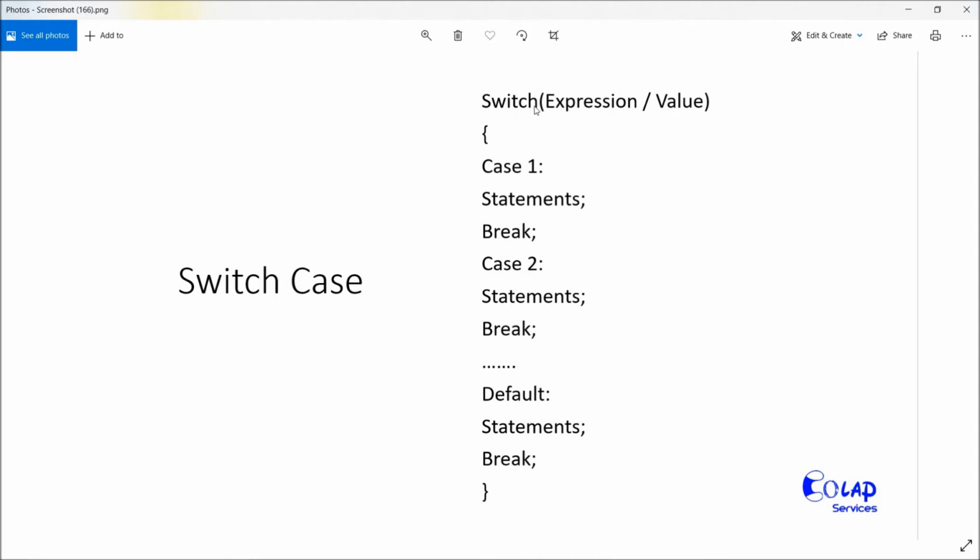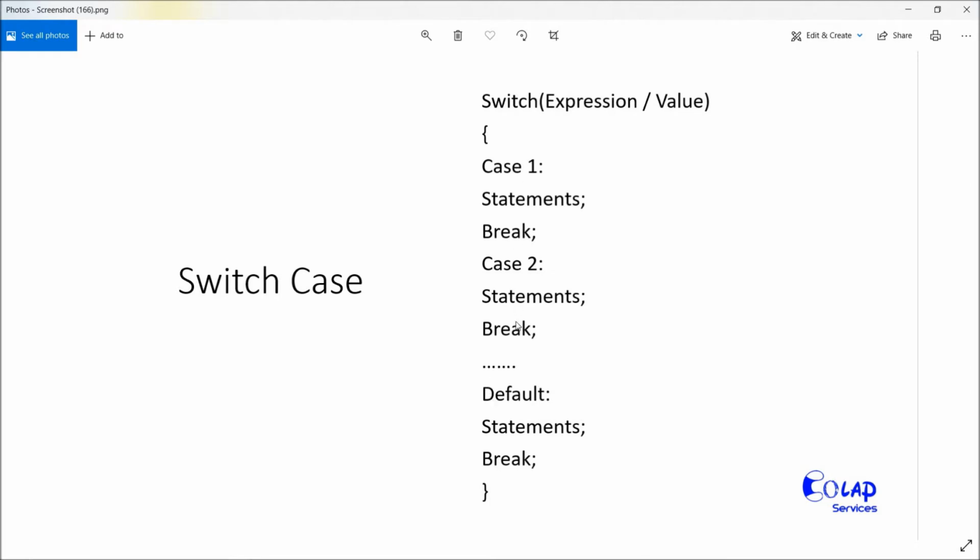In this switch expression or value, you can give an expression or a string value or a value. If the string or value matches with the case name or case value, then it will execute all the statements in the case and it will break the switch loop. So this is how the switch case works.